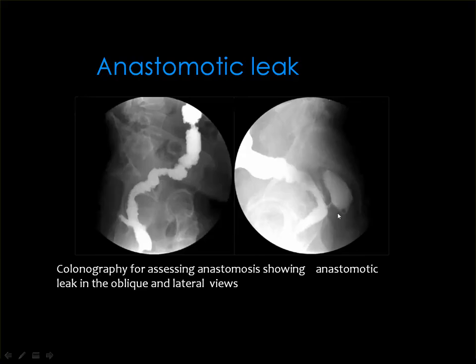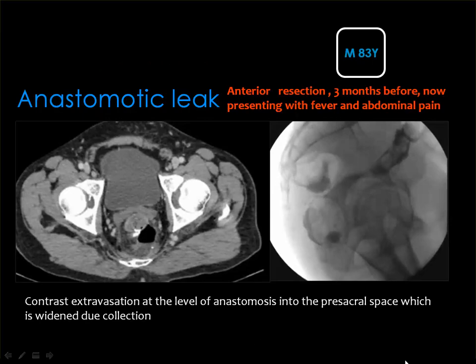Then you see the leakage from the site of anastomosis. This patient had an anterior resection 3 months before, now presenting with fever and abdominal pain. The gastrografin enema showed leakage of contrast material and air in the widened presacral space, which has also been clearly seen by CT, and you see an air fluid level